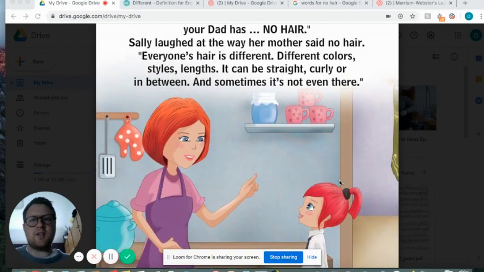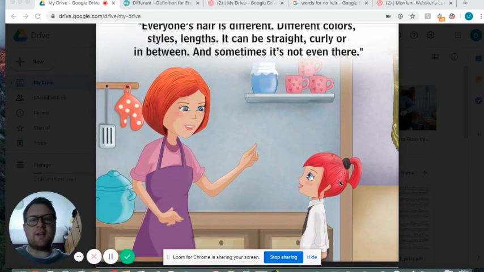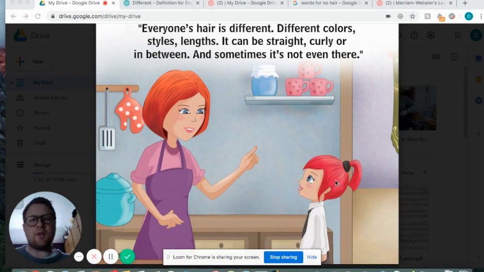So what I'd like to do is read those words and then have a look at the picture to find more differences between the way Sally and Sally's mum look. So it could be what they're wearing, how their hair is done, their eye colour, could even be the length of their noses or facial features. So have a look to see what's different about Sally and Sally's mum, and pause the video whilst you do to fill in the sentences we previously discussed.